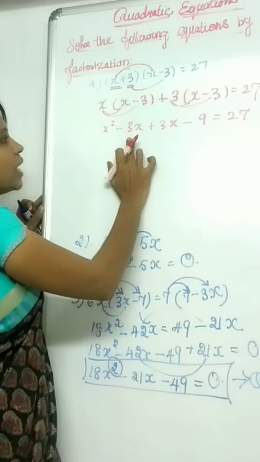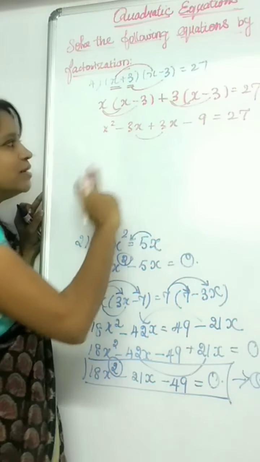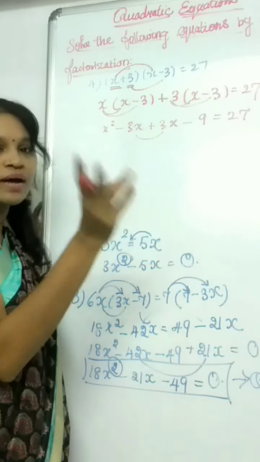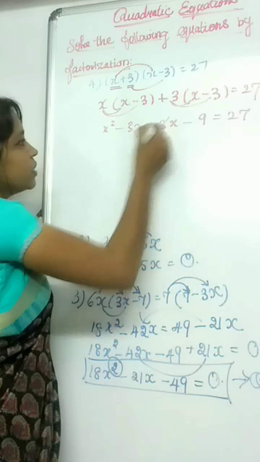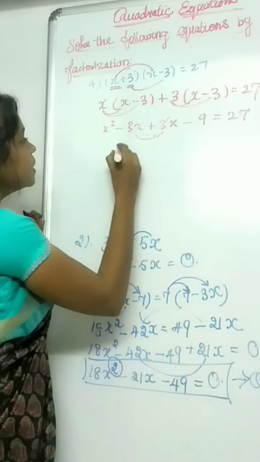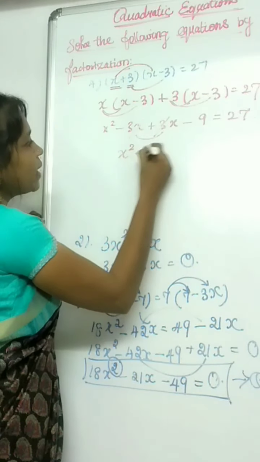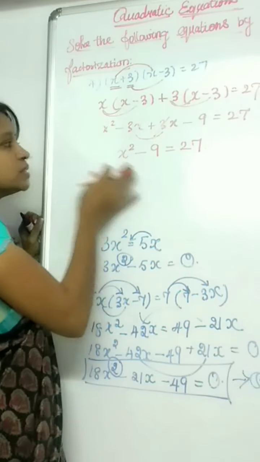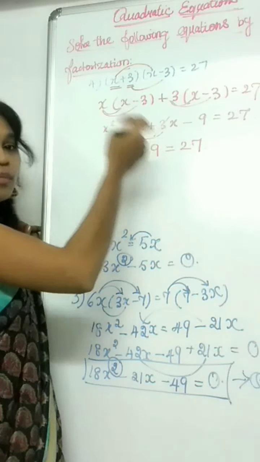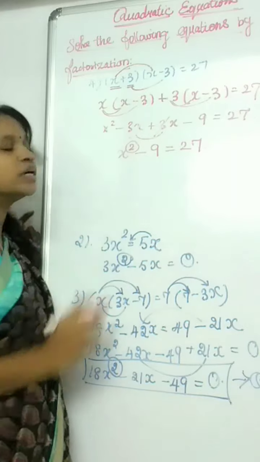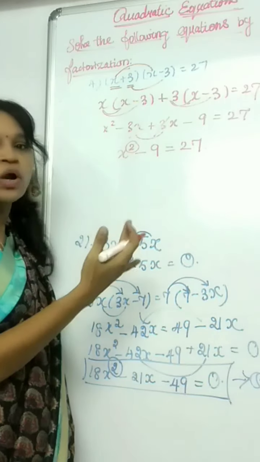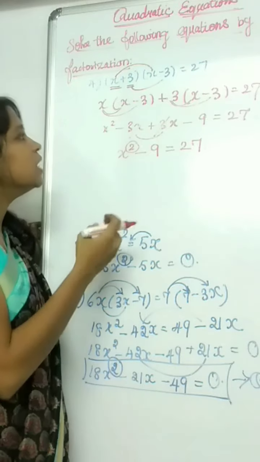And here we have minus 3x plus 3x. Actually these two terms are like terms we want to operate on, but they are the same term with alternate signs, so we can cross them out, okay? They simply get cancelled. So the remaining is x square minus 9 is equal to 27. And afterwards, we have brought it to the form of a quadratic because the power is 2, right? And here there is no need to use the sum product rule or identity because we can easily solve this.